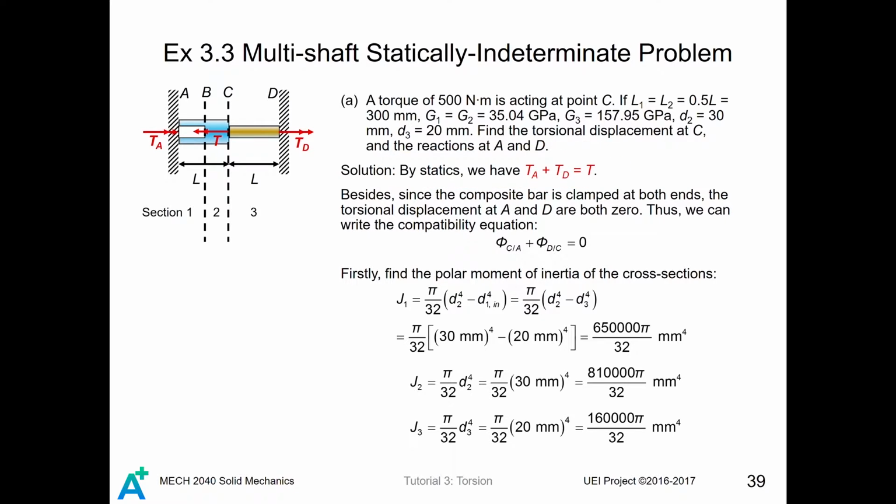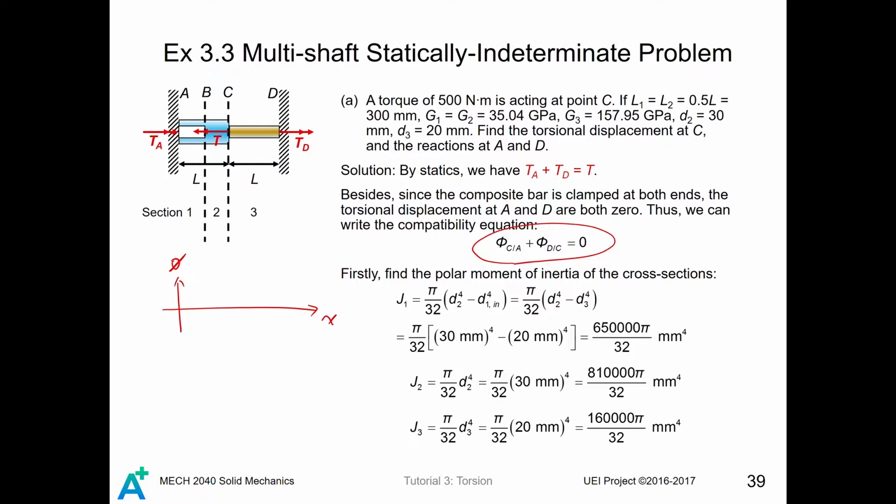Next, we have to obtain additional equations to solve the statically indeterminate problem, because obviously we can draw no conclusion from this statics result. However, one thing you can bear in mind is that the torsional displacement of C relative to A plus the torsional displacement of D relative to C should be 0. That is,